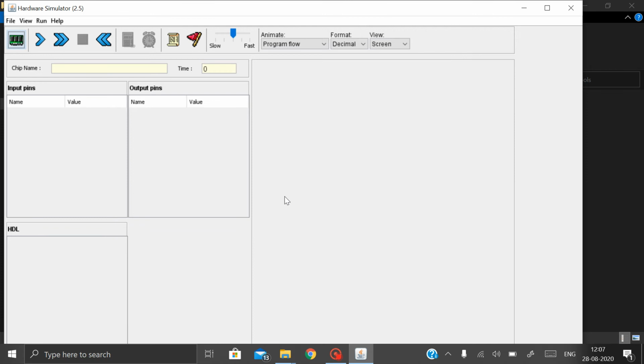As you all know, there are some basic logic gates like AND gate, NOT gate, OR gate, XOR, etc. Today we'll start from the basic gates. Logic gates are the basic building blocks of any digital system.